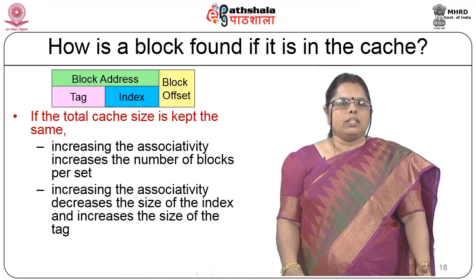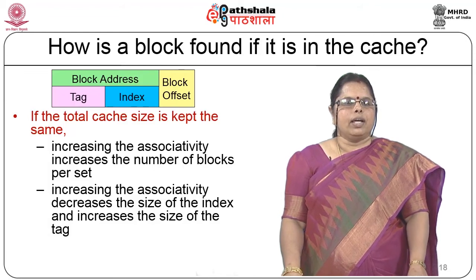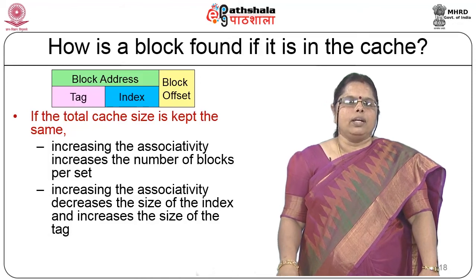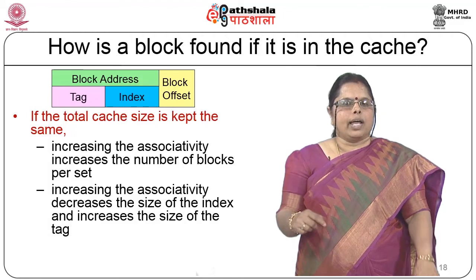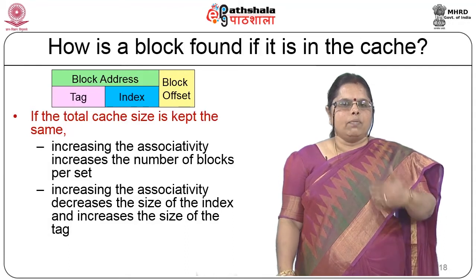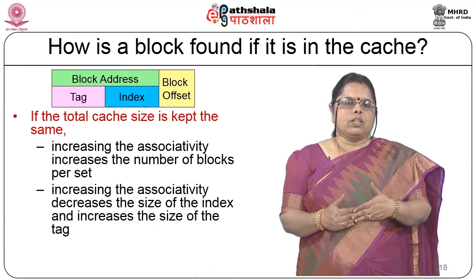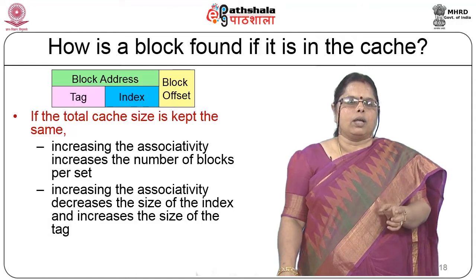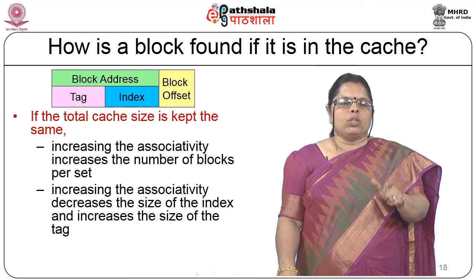So, now our main memory address is split up into 3 different fields: a tag field, an index field, and the block offset. The offset field is used for identifying a location within the block. A cache block is made up of a number of bytes, say 32 bytes or 64 bytes. Having identified a block, how do you look at a location within the block? That is your offset. The index field either specifies the number of blocks if you are looking at direct mapping, or it indicates the number of sets if you are looking at set associative mapping. So, that is the index field.